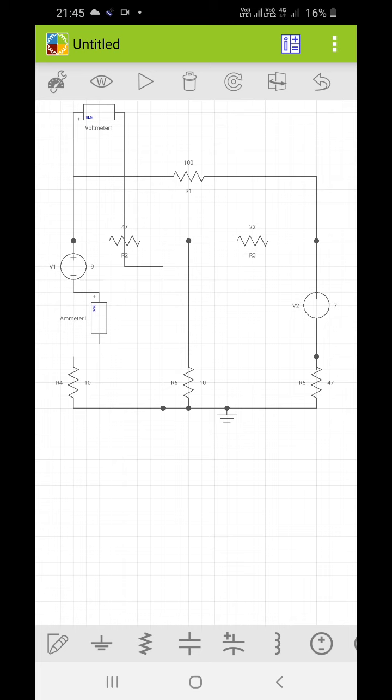You can connect it like this, right? So let me run this. Just wait till you get the stable output.